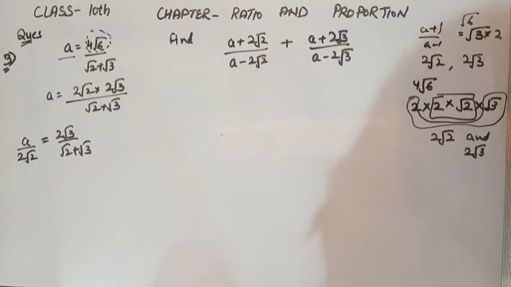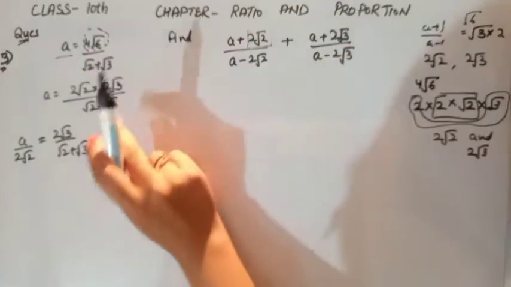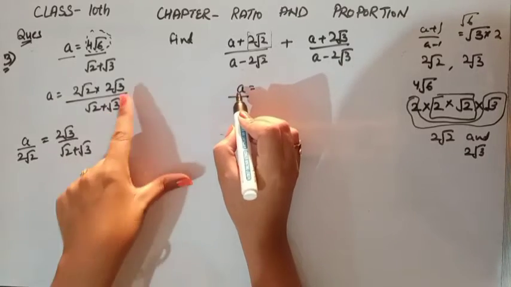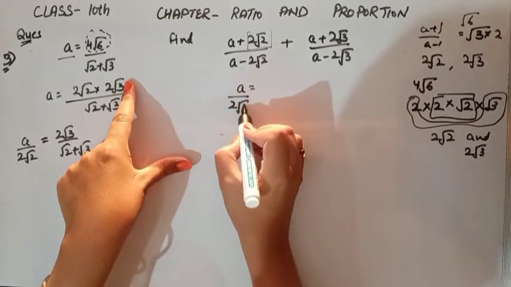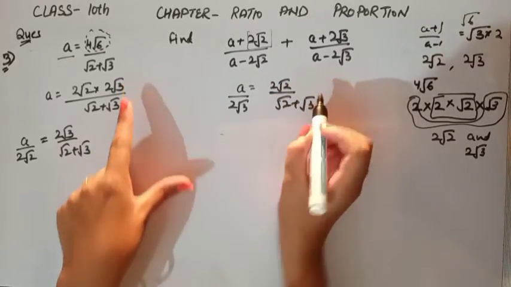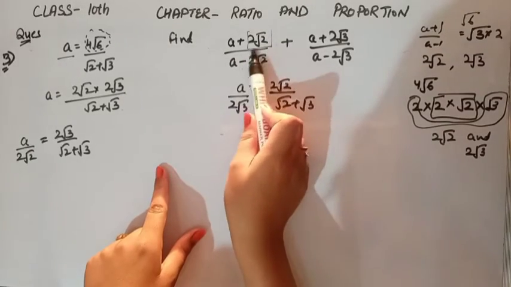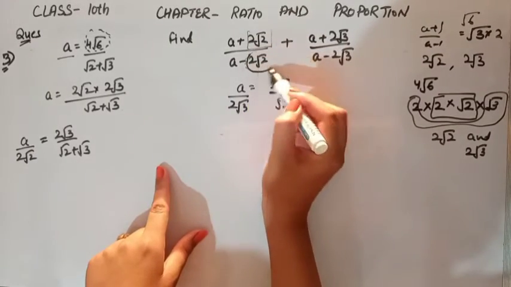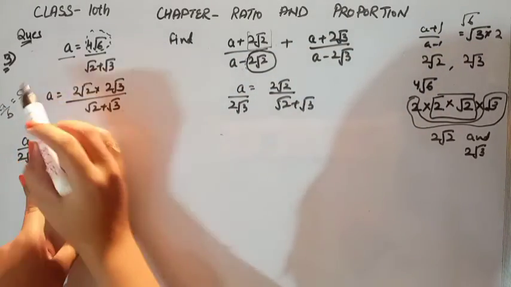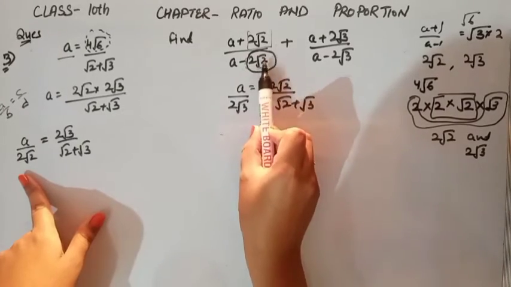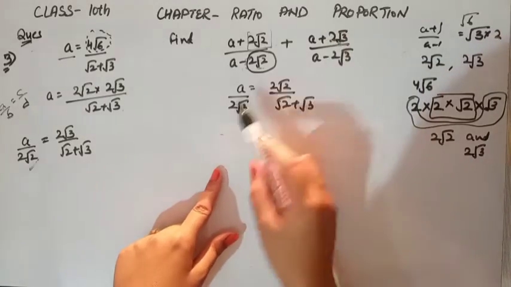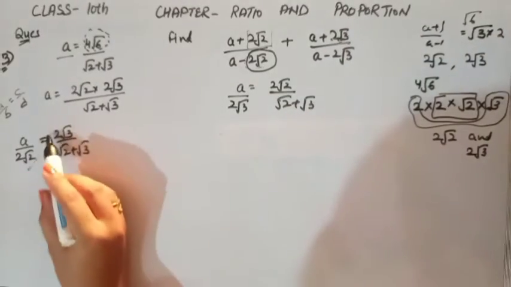Now apply componendo and dividendo. We will get the first term. And for the second part, we have to take this term in the denominator. I'll explain why. Because in the first term we are given b, and b is always the denominator. A by b is equal to c by d, and in this equation our b is this, so we have to take b over here, and in the next term 2 root 3 becomes the b, so we have taken this term. So apply componendo and dividendo over here.